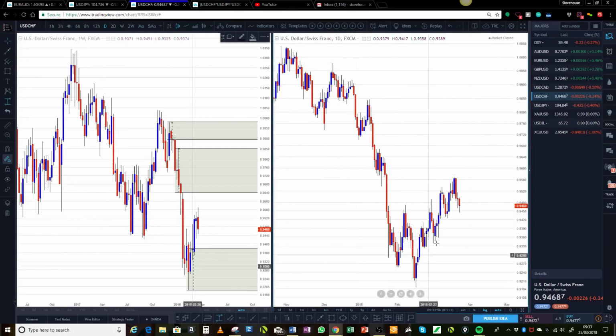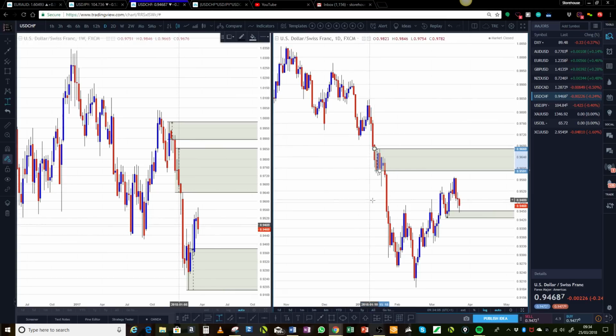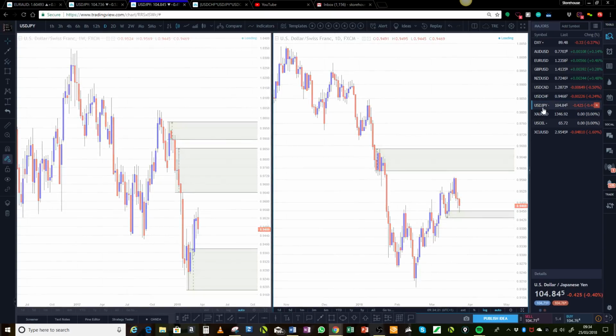So looking at the daily chart, we are hitting into demand on the daily chart. We've got supply above us, a pretty good looking supply zone. So we'll see how that pans out. If we get a move out of it, you might want to watch that area. At least I will be watching that area to remove any longs if I do take a long in this market. Okay. Now the US dollar Japanese yen